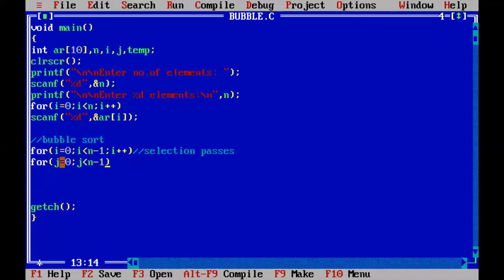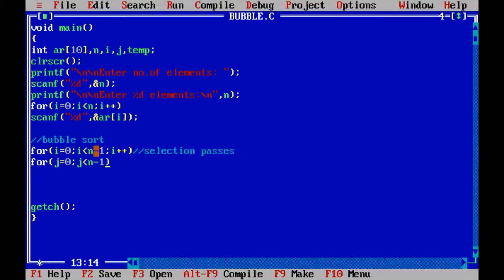So we are going to select the starting element, and from the starting element till the last element we are selecting. The last element need not be sorted, because to compare the last element in the array, you need to have the next element after it. There is no next element for the last element to compare, so no need to compare the last element. So remove that last selection also, n minus 1.